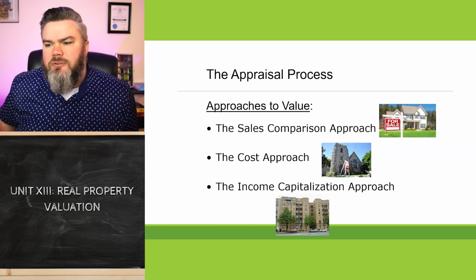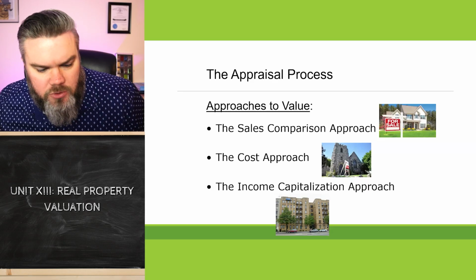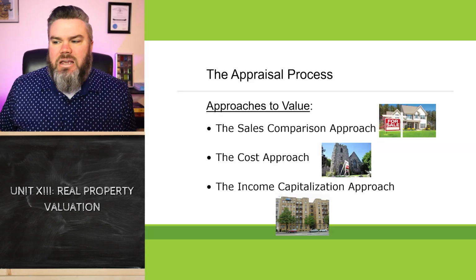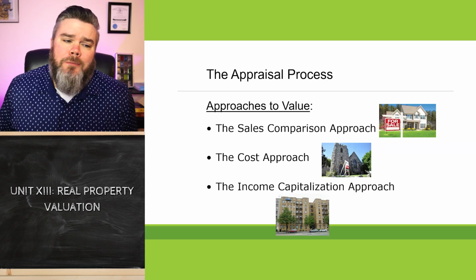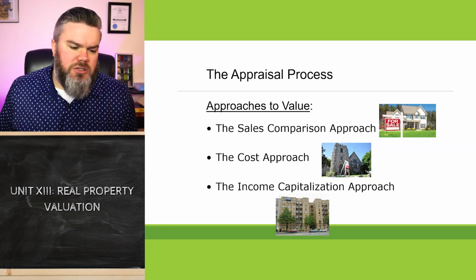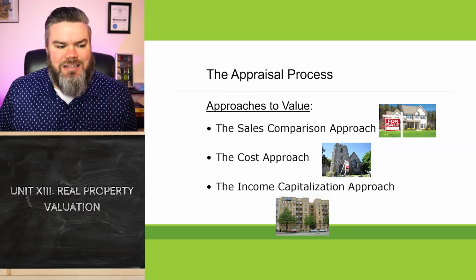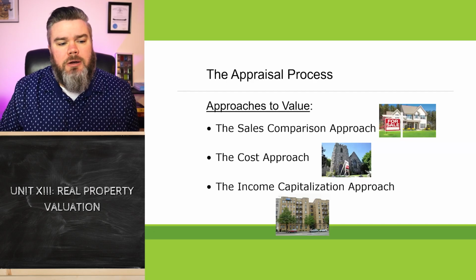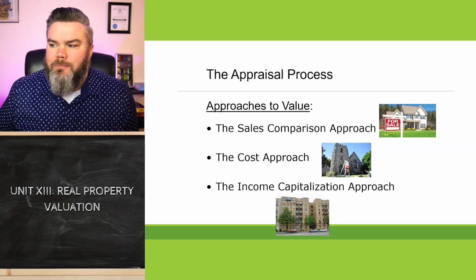And then we as real estate brokers are not allowed to do appraisals. We do something different called a CMA, which stands for Comparative Market Analysis, or in other words, a BPO, which stands for Broker Price Opinion. And in North Carolina, they're really the same legal definition. The only differentiation is typically the context of when we use the terms. We'll typically call it a CMA when we do it for our clients, and we'll typically call it a BPO when we're doing it for a third party for a fee.